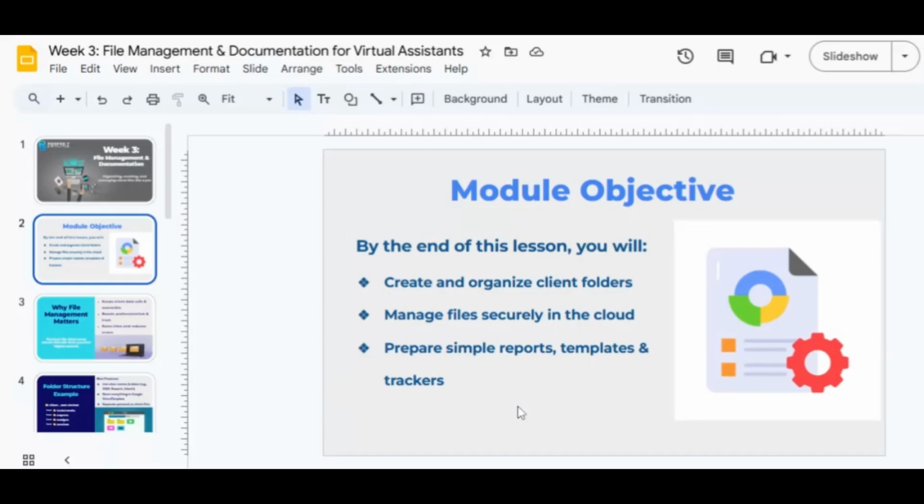Also, by the end of this lesson, you should know how to prepare simple reports, how to prepare templates and trackers, and know how to monitor how things are going and the progress that you are making in the organization or with your clients, and how to make sure there is a balance, proper communication, and proper documentation. Also, information is sent when it is supposed to be sent, and information is received when it is supposed to be